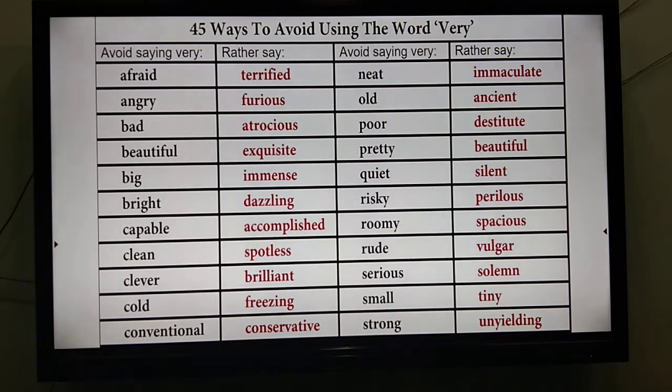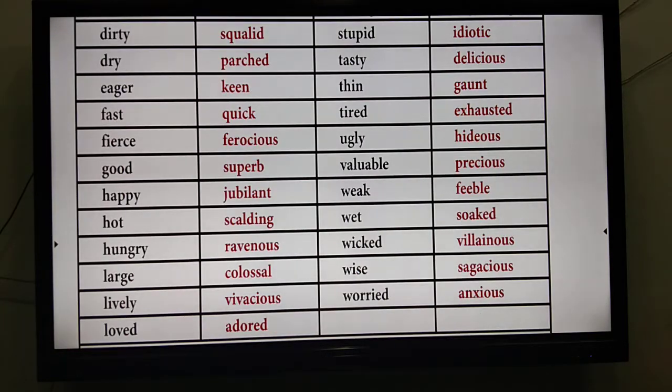What is solemn? The M is silent. It means a very, very serious environment, you can say. Small, tiny; strong, unyielding. We have another list. Dirty, squalid; dry, parched; eager, keen; fast, quick; fierce, ferocious; good, superb; happy, jubilant; hot, scalding;